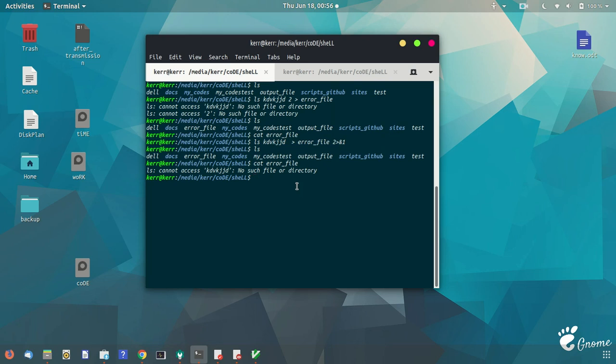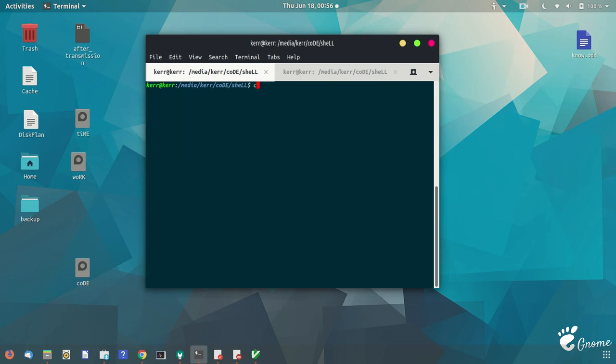Now you want to make another error, so you just use the cat command on a dummy file which does not even exist over here, and you want to print the output. That will basically generate an error. You want to redirect this error to a file, and let's say you want to print the del output over here.